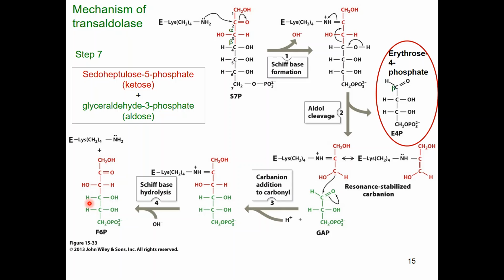Erythrose 4-phosphate will be further used in the last step of the pathway, but fructose 6-phosphate is already the product. It's already released, and it can be used. It can enter glycolysis if needed, or it can be rearranged back into glucose 6-phosphate to keep cycling through the pentose phosphate pathway. So let's take another look at the mechanism of transketolase for the last step